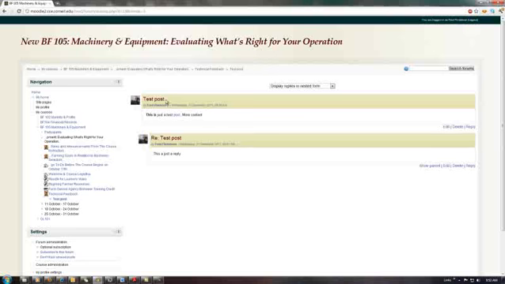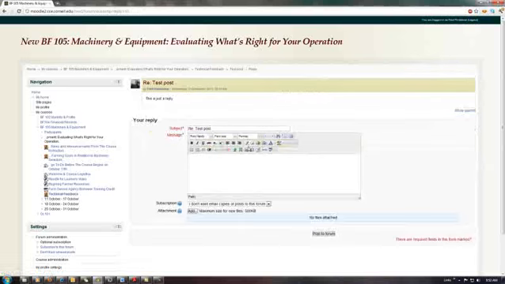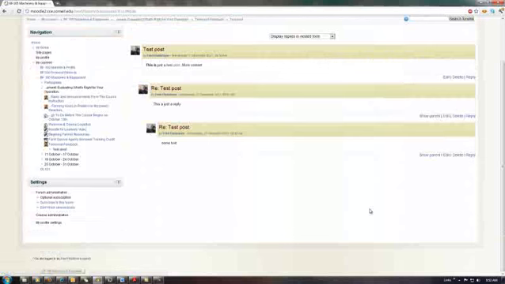Nesting, we can see the example here of the original post and the reply. So if I reply to the reply, and we're just going to put some text in here, and I post it again, 30 minutes to edit the post that I'm creating, and you can see that it's indented it down. Now if I go up to the original post and I wanted to reply to that original post with a slightly different take on it than the other replies, hopefully that makes sense,